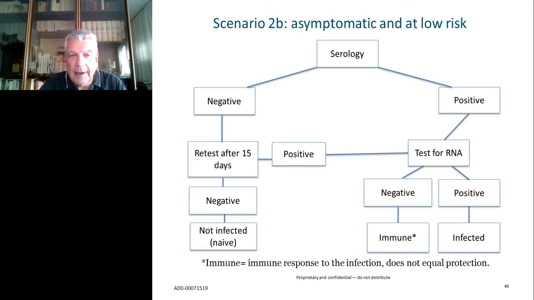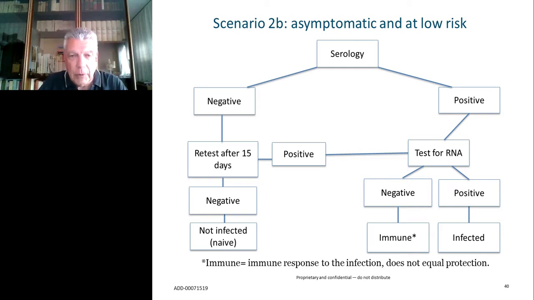This usually cannot be done, of course, to diagnose, but this would be good if you want to do a prevalence study, if you want to ascertain the actual diffusion of the infection in a given population. If you remember the case of the US aircraft carrier, in that case, you have serology first, a double check here, negative, positive, and then what you do next.